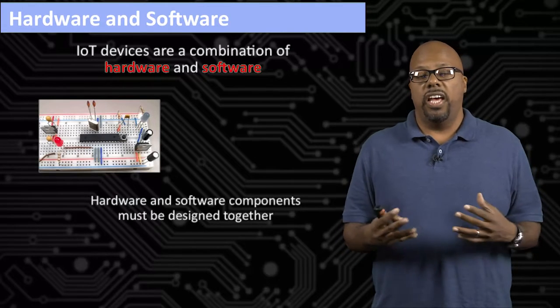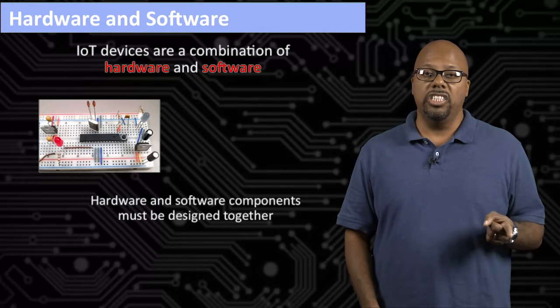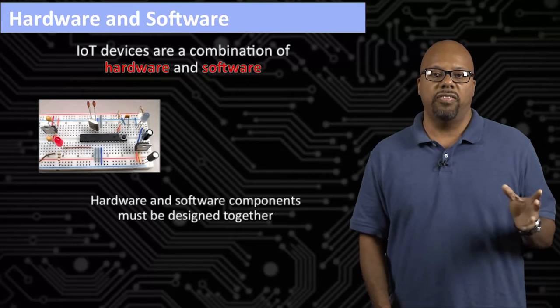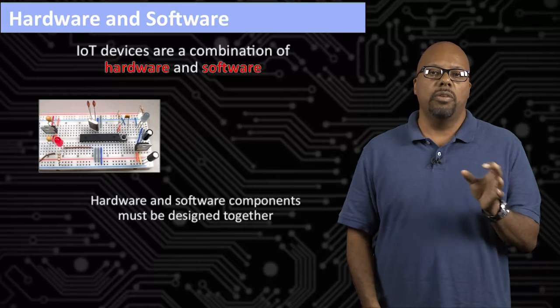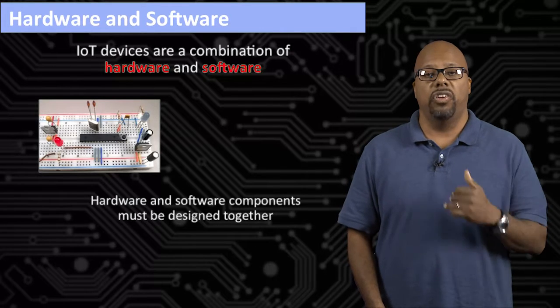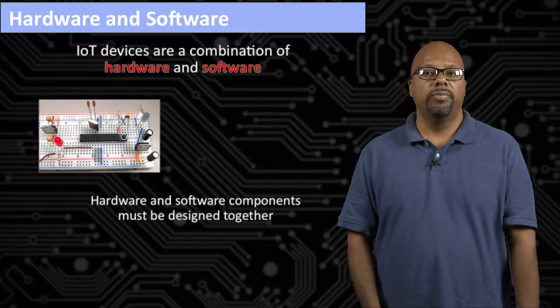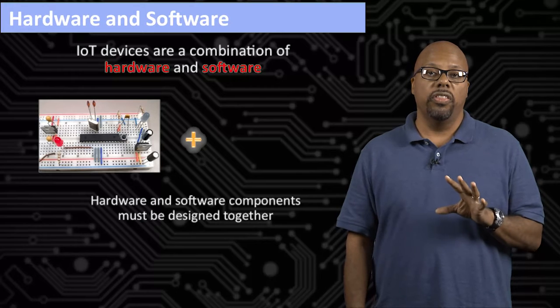And so a designer, if you're going to make an IoT device, you have to think about that part too. But in addition to that, that alone doesn't explain what the behavior is. Looking at that set of devices wired together, even completely understanding what each component does, you can't tell what the behavior is, right? So you have an incomplete view of the design if you only look at the hardware. In addition to this, you've got to look at the software component too.